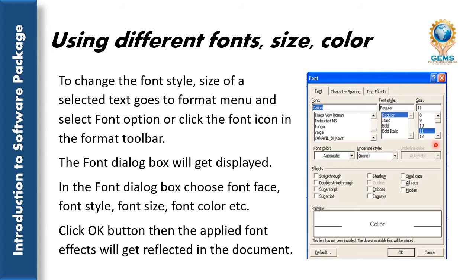in your document. And the font color. See, for font color, you can see there are different varieties of font color. There is the default automatic font color, and you can select multiple RGB font colors. First of all, how to apply it in your document? Select the text and go to the font color. You can select a particular color and click OK. Then the font color will get reflected in your document.